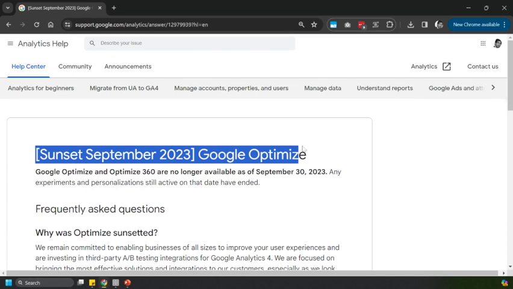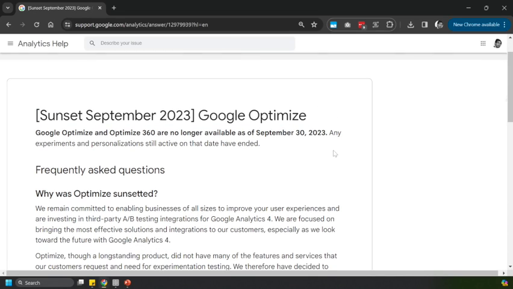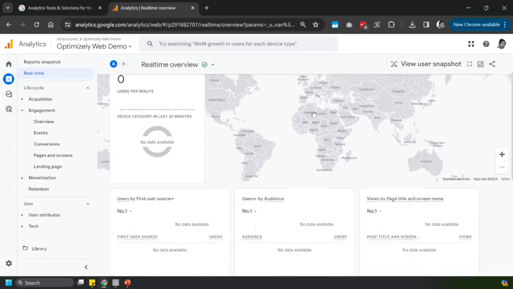If you are into experimentation, then you're probably well aware of the shock news Google made at the start of 2023, and that was it was going to sunset its A/B testing tool. Now, in my opinion, Google Optimize wasn't the best A/B testing tool in the marketplace. However, it was free. And secondly, it did one thing better than any other A/B testing tool, and that was